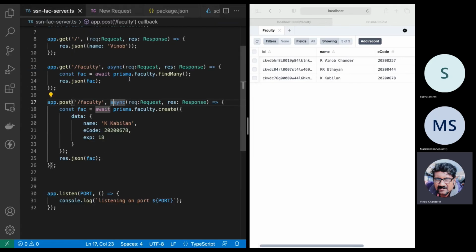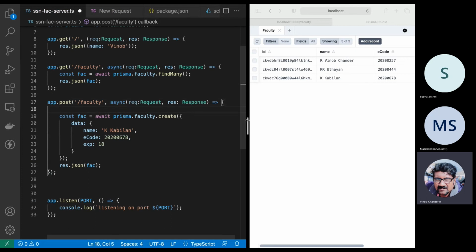This particular request is req. Let us create a variable, for example body, which will contain all the contents